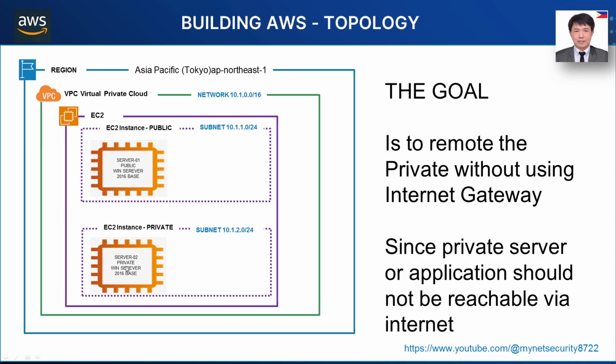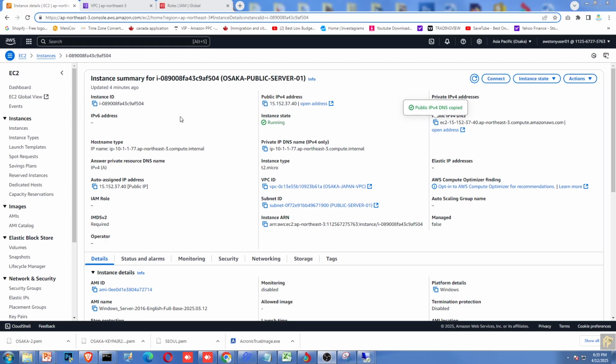So in order to remote into the private instance without using the internet gateway, I will be using what we call AWS Systems Manager. The Systems Manager has software to remote desktop this private instance without going through the internet. But you need to activate that service. So to activate that service, you have to first create the